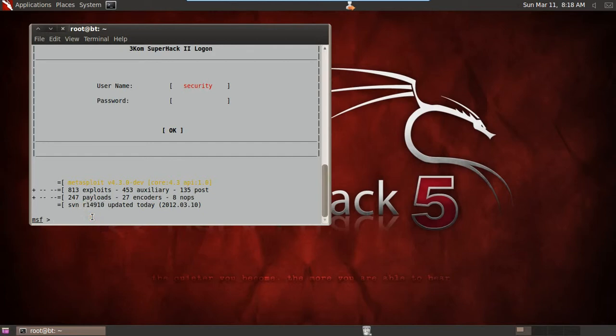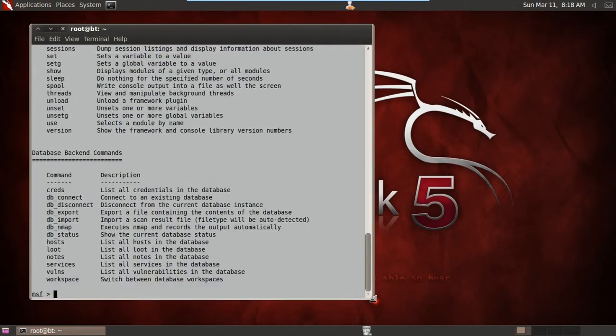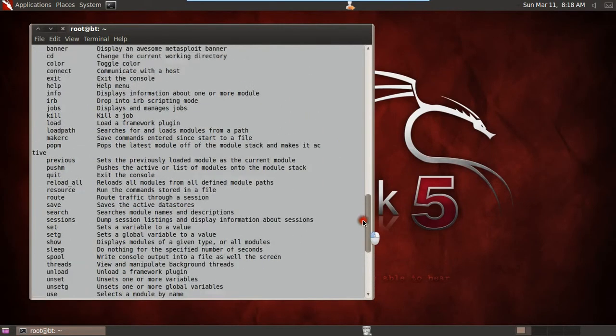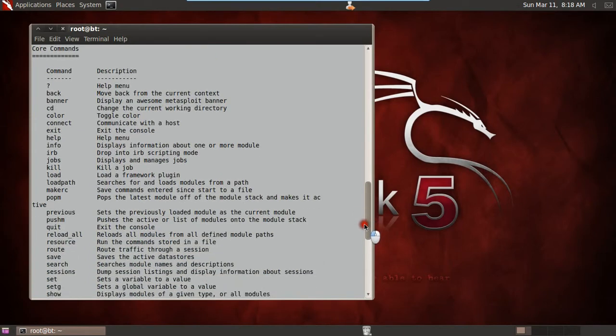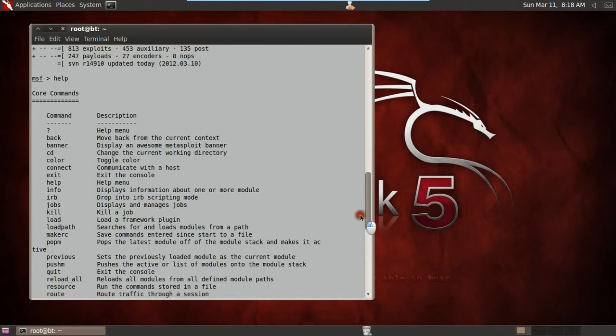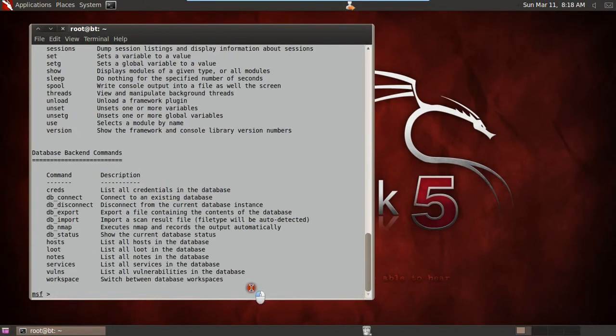So we are going to use this MSF console. For using the console, first you need to write help to see the commands. There are multiple commands. We'll go through them one by one. For checking the commands available in the Metasploit framework, you can type help and see how many commands are available. Suppose you want to use a particular exploit, so you need to select that exploit, and after selecting the exploit you can use it.